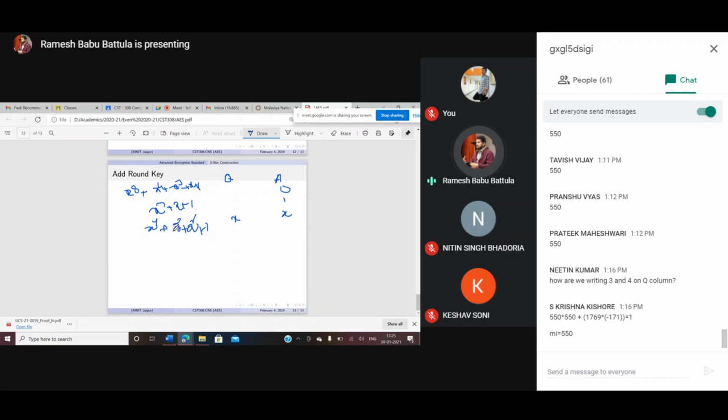Again, you need to find how many times it is going to be. That means, what is the coefficient value here? You need to find that value, which is going to be x to the power 3 plus x square plus x plus 1. Then you find the remainder value. That remainder value is going to be x to the power 3.